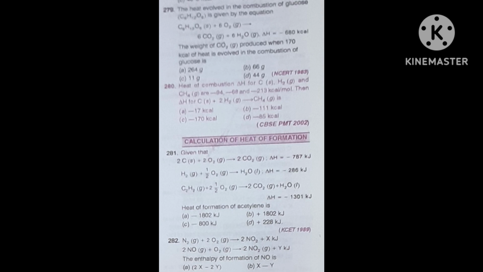Then on the product side, 6 moles of CO2 is there, and on the reactant side, 7.5 moles of oxygen is there. Then you first have to calculate the change in the number of moles, because you require Δng, the number of moles of gas, product minus reactant. Here 6 minus 7.5, so you will get minus 3 by 2, which means minus 1.5, because the volume decreased.